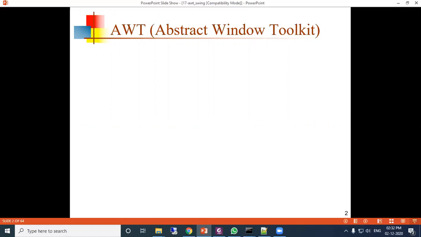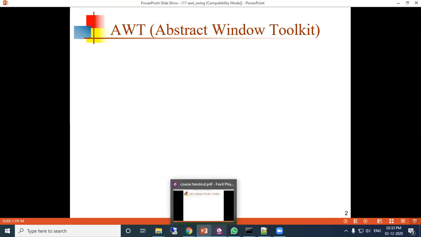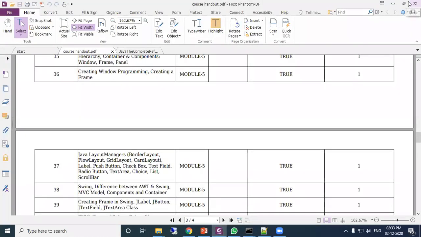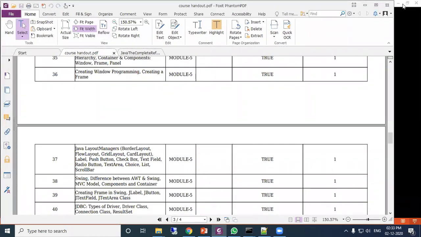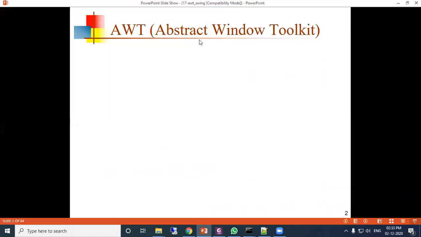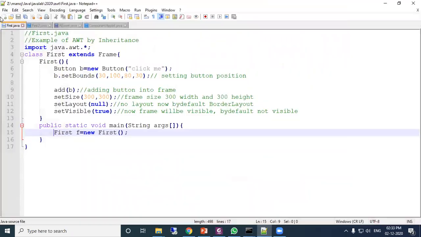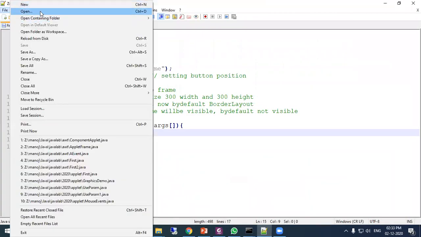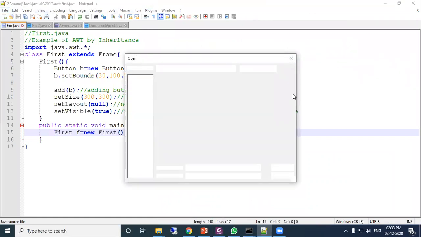Windows applications means a window having several areas. Like here, this is the title of the window. Suppose we open one window or browser or whatever application, where there are minimize and maximize buttons, and the window size can be changed. Suppose here is the file menu, and when you choose open, it shows a screen.